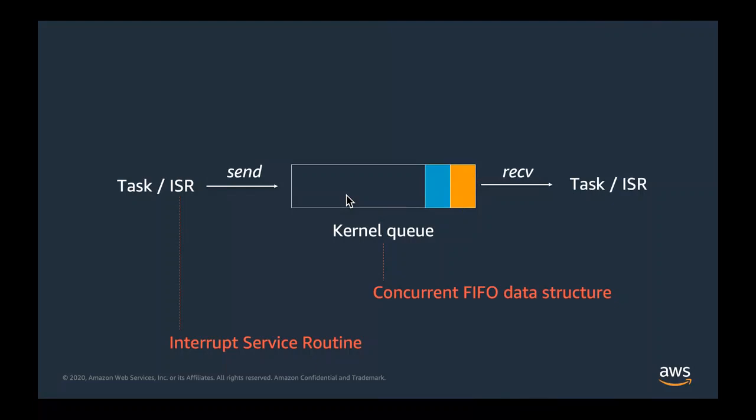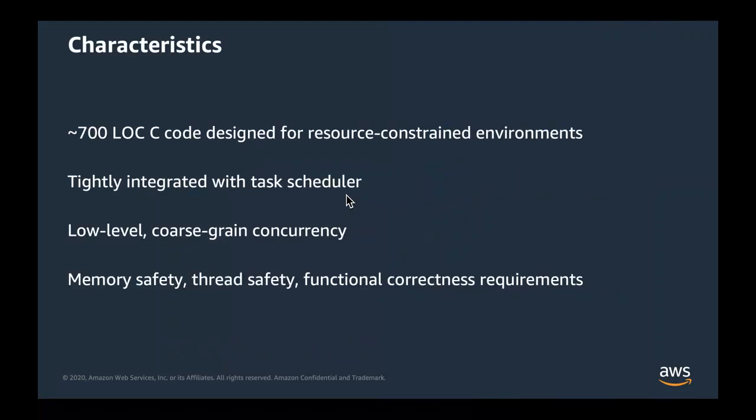types of user. So we're talking about 700 lines of C code being designed for these microcontroller resource-constrained environments, where we may only have a few hundred kilobytes of memory. And this means that we won't necessarily have features which you would expect in microprocessors. Virtual memory address spacing, for example, isn't normal in microcontroller environments. By low-level coarse-grained concurrency, I mean that these mechanisms are really close to the machine. So, for example, the main mechanism that we're going to acquire a global lock on the queue is to turn